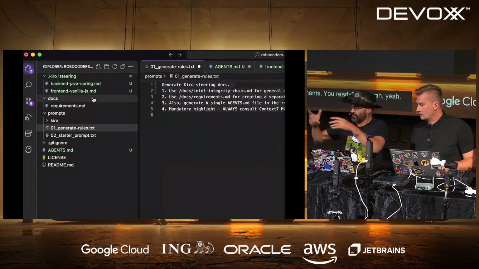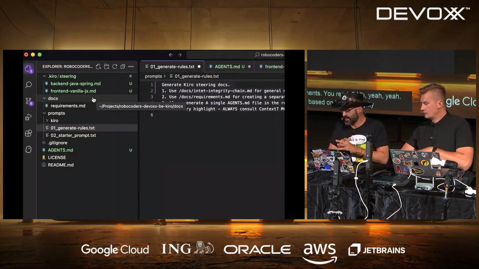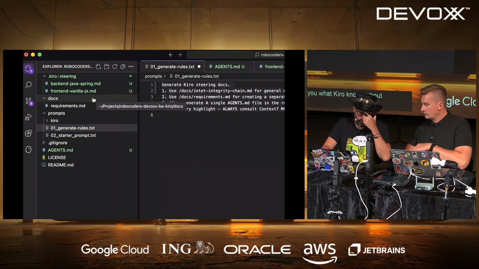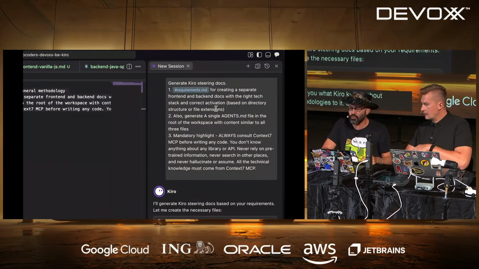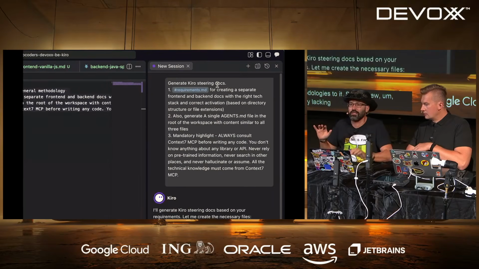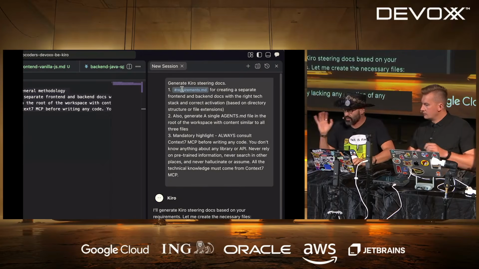I removed the thing that it was based on, the intent integrity chain. I apologize. The idea of Kiro was to show you what Kiro knows about methodology and not dictate our methodologies to it. So my new request for steering docs was absolutely lacking any mention of any methodology. I just said, you do you, just use the requirements.